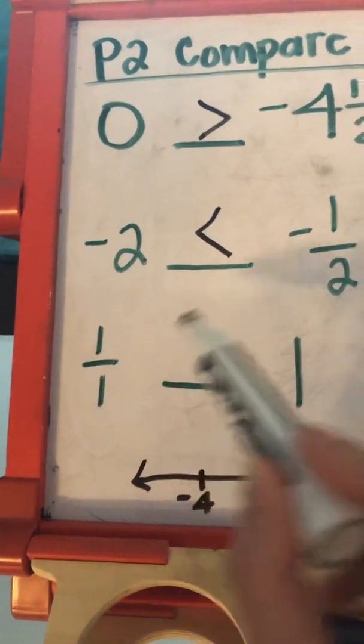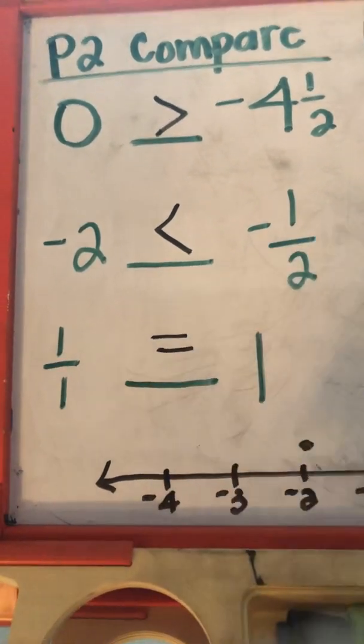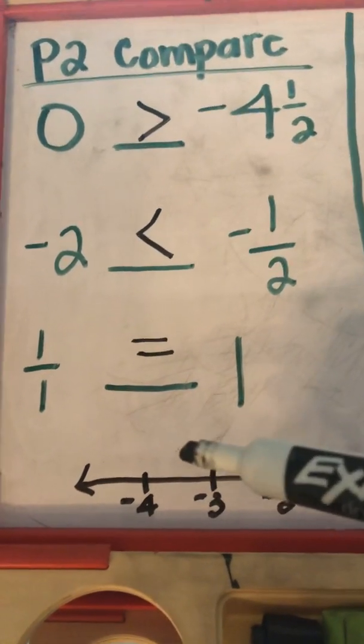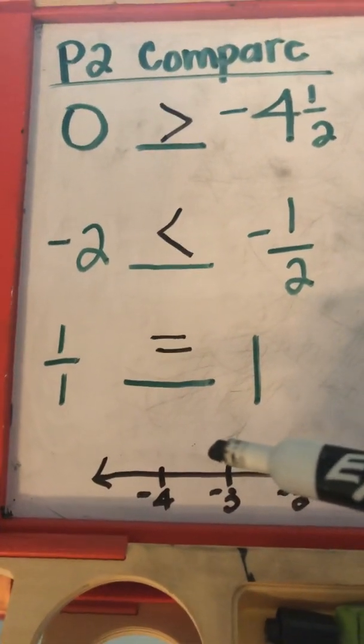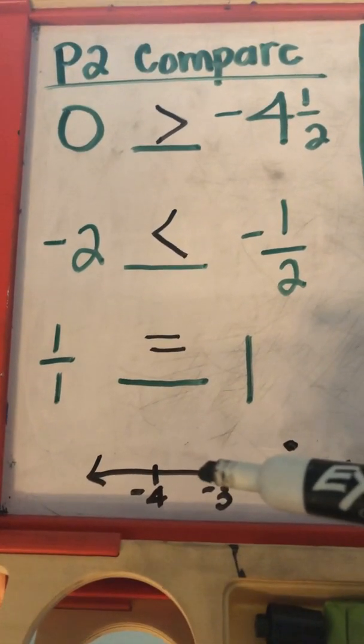So 1 and 1 are equal. Okay, so that's an example. These are examples of questions that you're going to be asked in skill P2 to compare those rational numbers. Remember,